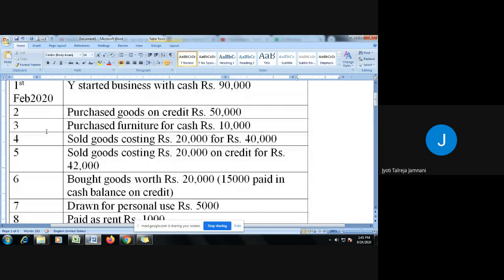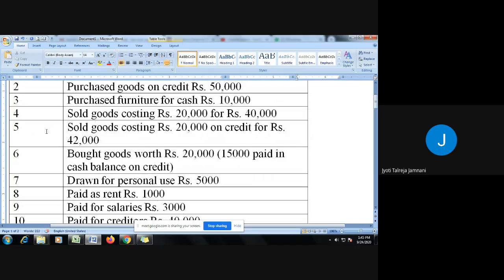Let's look at the second. Purchase goods on credit rupees 50,000. Now here the two things, purchased goods, we'll call it as purchases. When we purchase goods, we treat it as asset. Goods are coming in, we'll take it on the asset side. But we are purchasing it on credit. We are not paying cash for it. So nothing will happen to cash. And when we purchase on credit, credit means we are going to pay later. Anything that you're going to pay later, you're liable to pay. So it is a liability. So we have to treat it as liability. And when we purchase something on credit, that liability we call it as creditors.